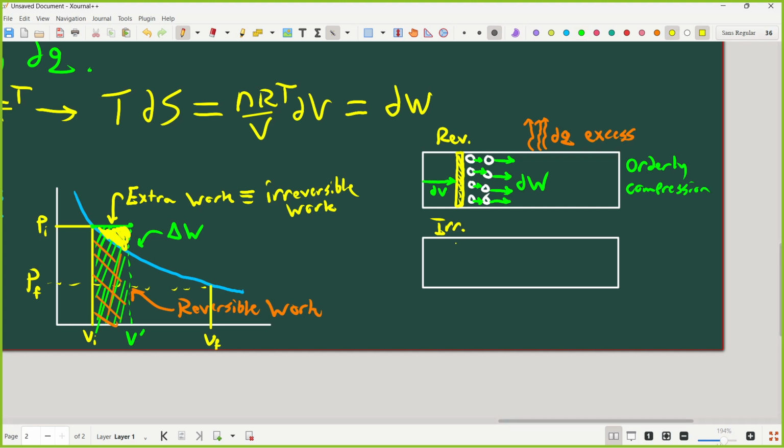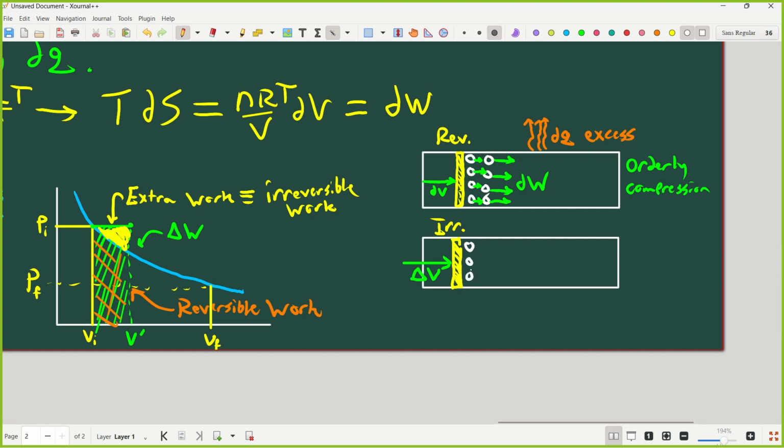Okay, now what happens with my other gas, with my irreversible expansion? Right? So thermohomie is going to apply a macroscopic change in volume instantaneously. It's going to jerk it closed. And so some of that energy gets converted into orderly motion. So there's going to be some atoms that still compress